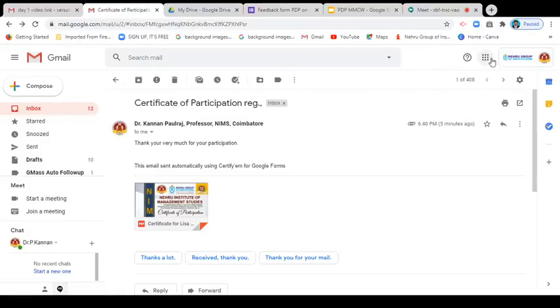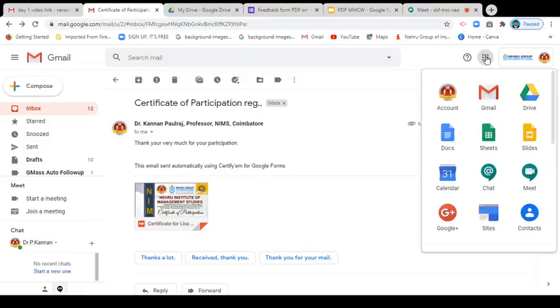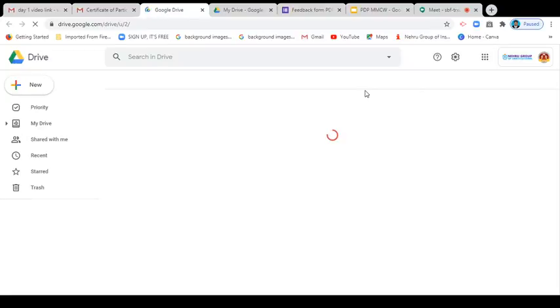Here the nine dot button is there, sir. Yeah, you click it. Here you see the drive. If you click Google Drive, all the participant certificates are available there. That will be stored in a separate file. Okay, sir.